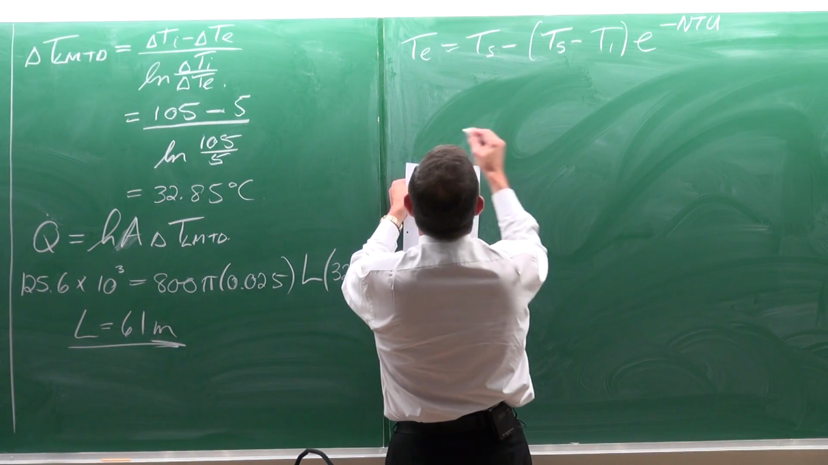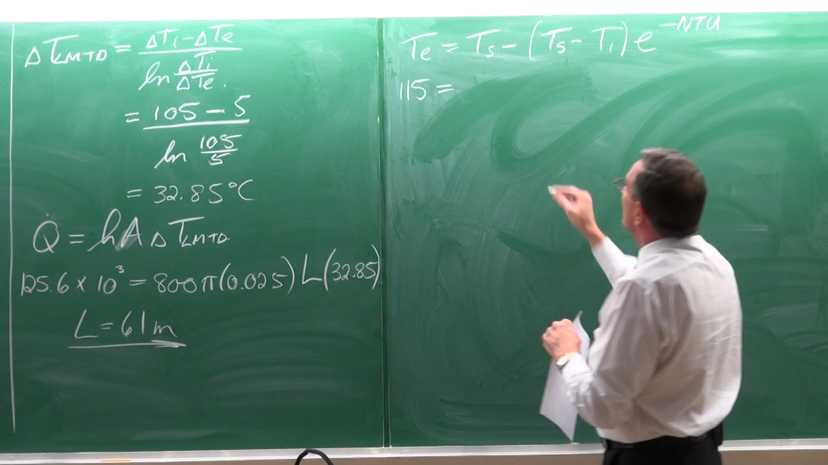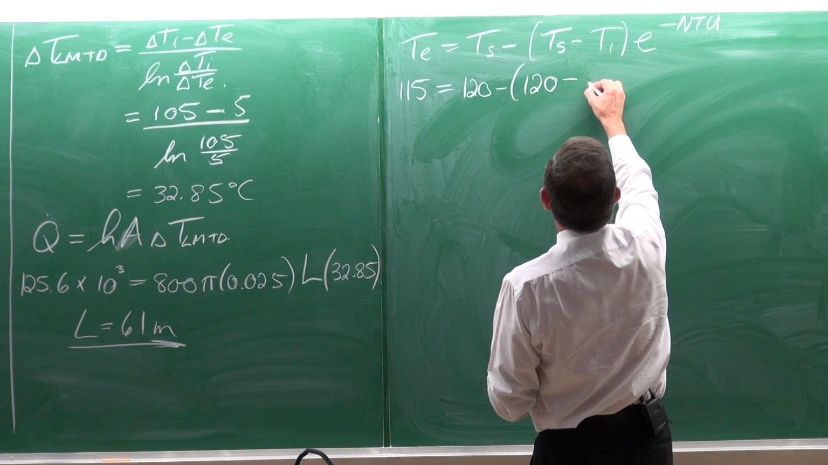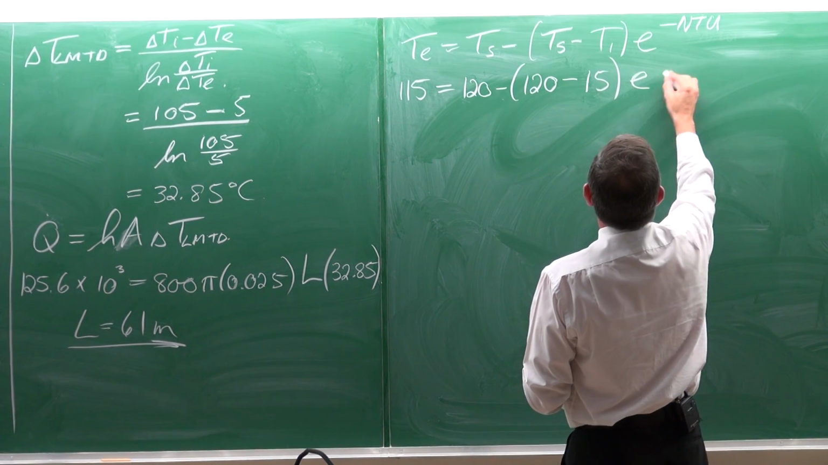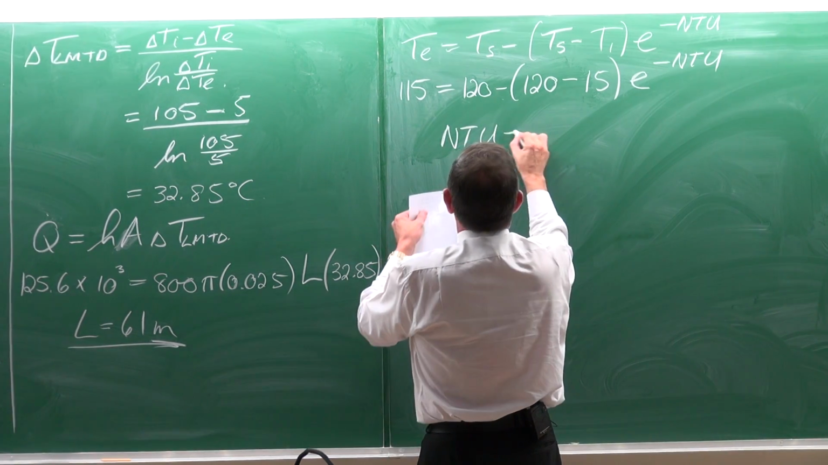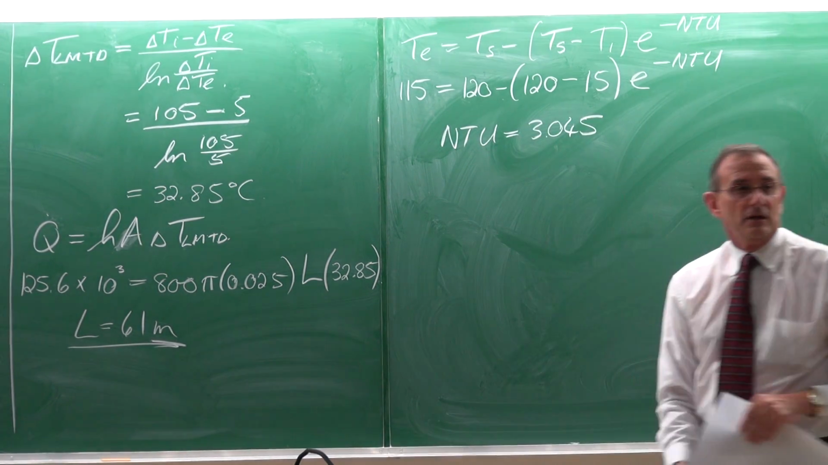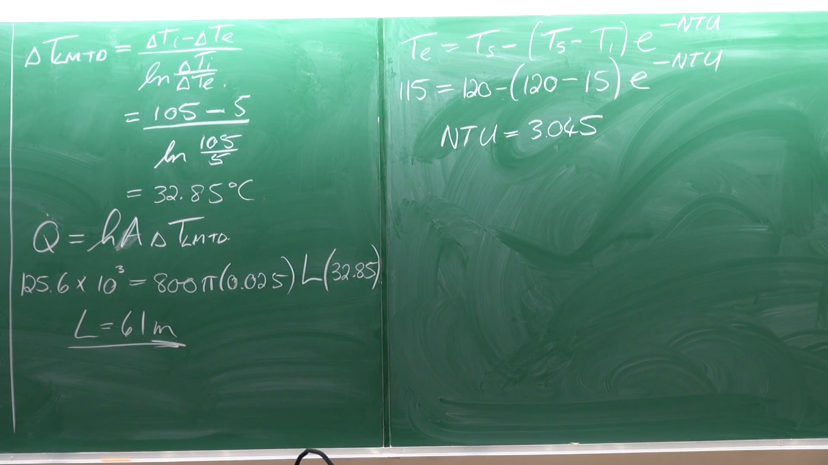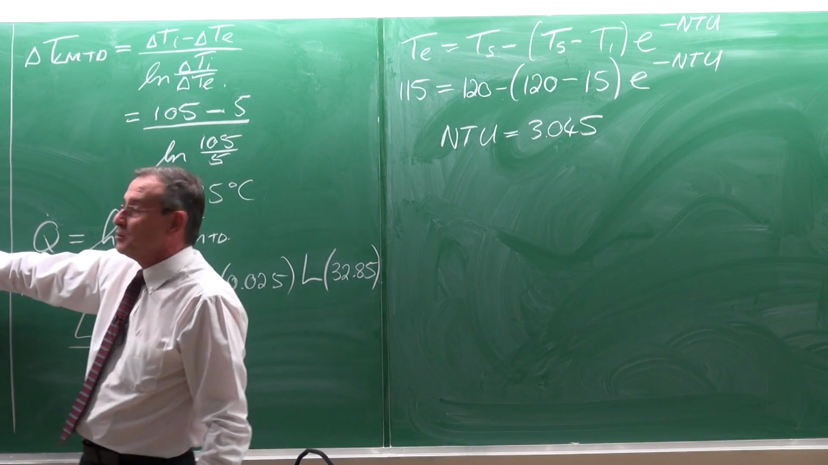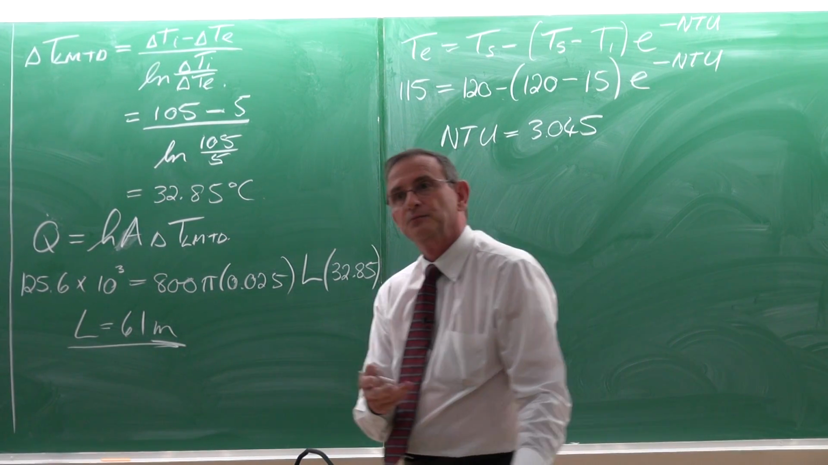Okay. So if we calculate, the outlet temperature was given as 115, the surface temperature as 120, so 120 minus the inlet temperature is 15, e to the minus NTU, we can calculate the NTUs. And the NTUs is given as 3.045. Now, that is about 3. So it means that if the NTUs is equal to 3, then these two temperatures are very close to each other. But as I've shown to you previously in the table,